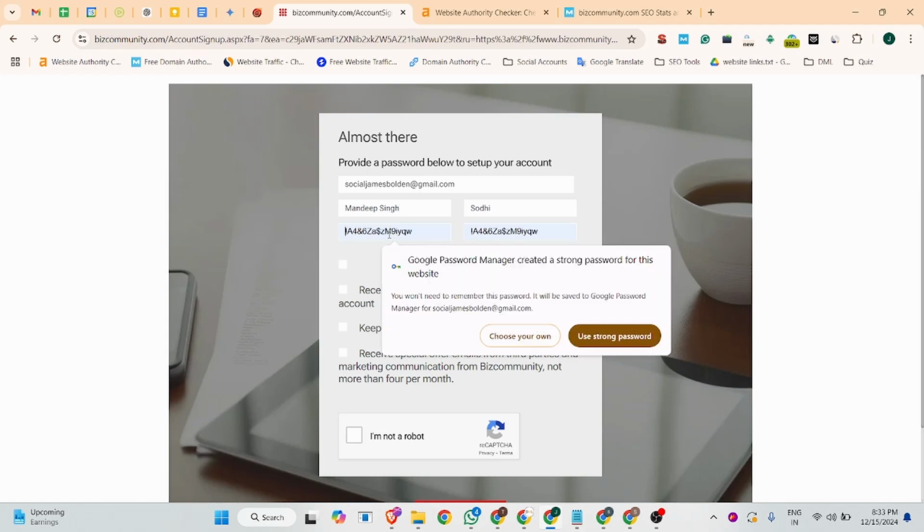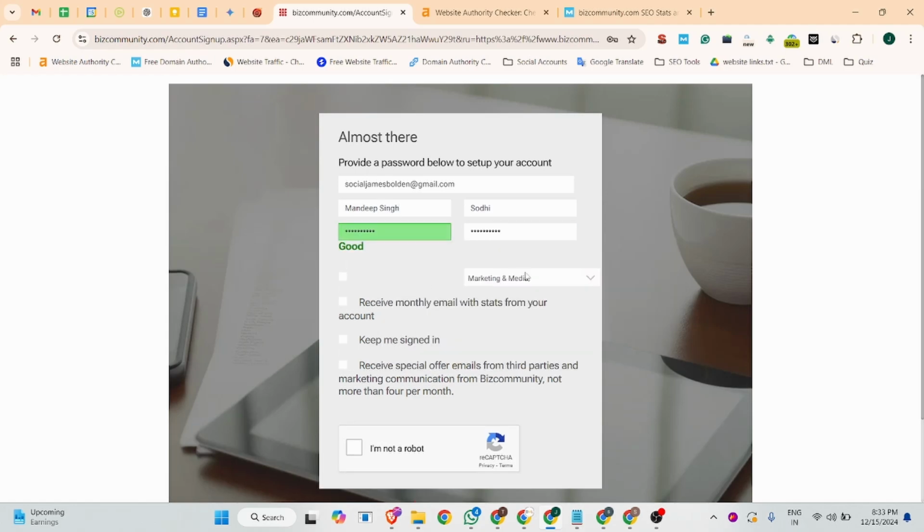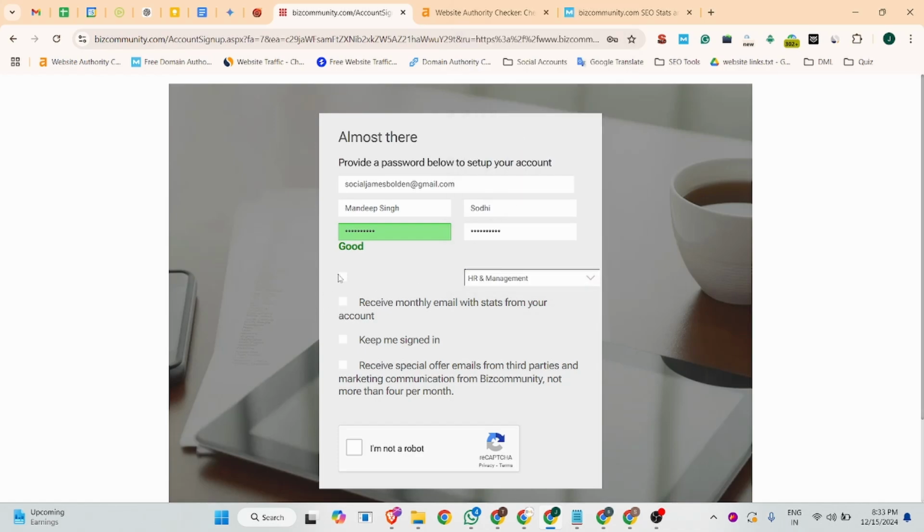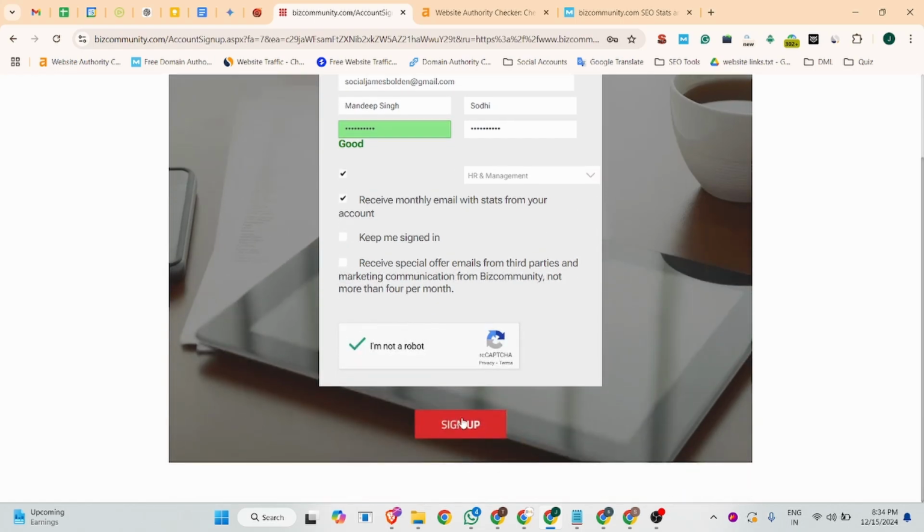and there you guys will choose your password. After that you can select your category. So we are HR and management. You can select this. Receive monthly email with status of your account. Okay, then after that you can click on the robot verification and click on the sign up button,